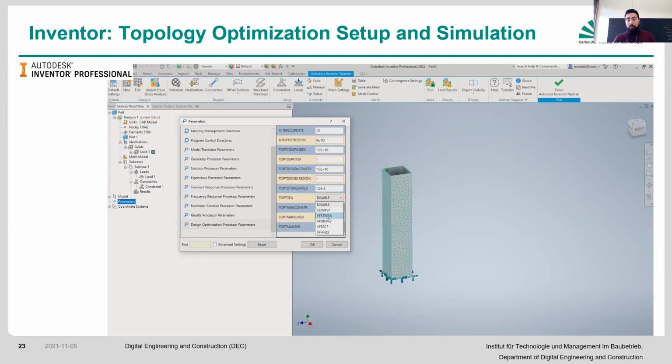It could be by means of the stress. It could be designing by means of the displacement to ensure that the displacement is not more than a particular limit. And then the second part is the additive manufacturing side of it. You can say, okay, I want it to be only symmetrical, meaning that I want my design to be symmetrical from all sides, or by means of a particular, let's say, plane. Or you can say that I want it to be optimized by means of additive manufacturing, meaning that